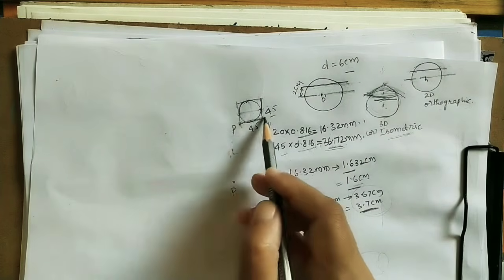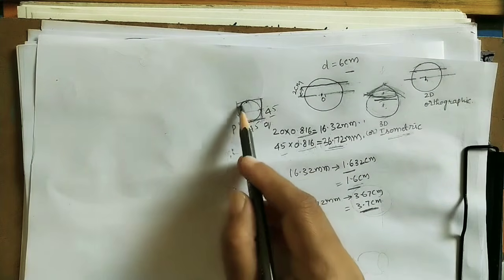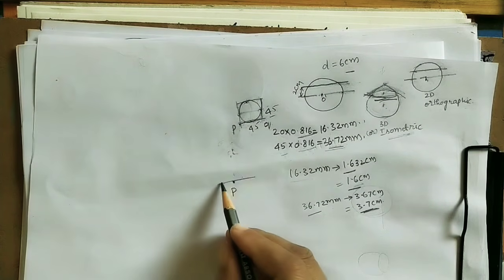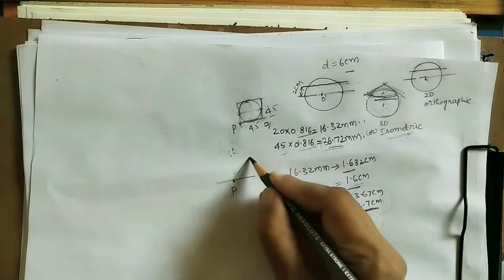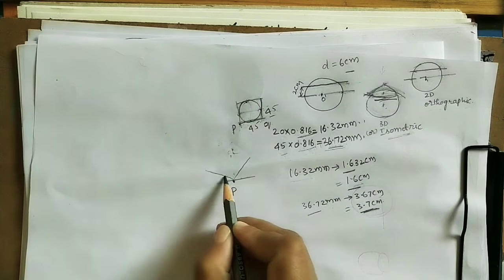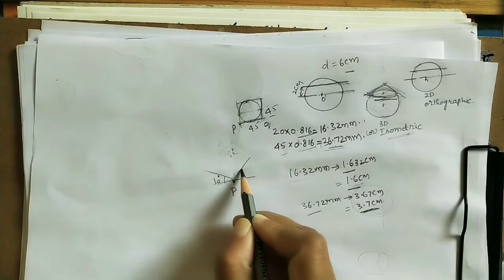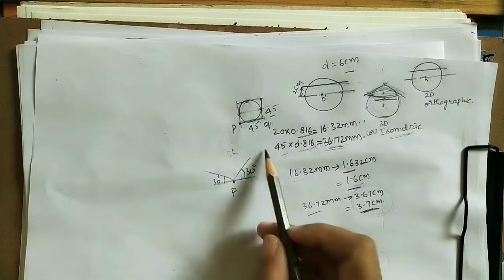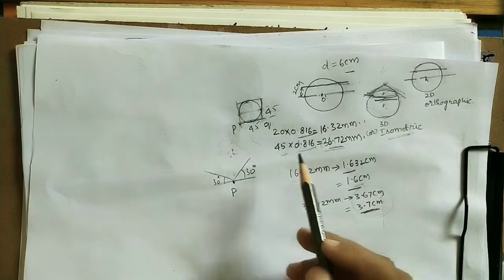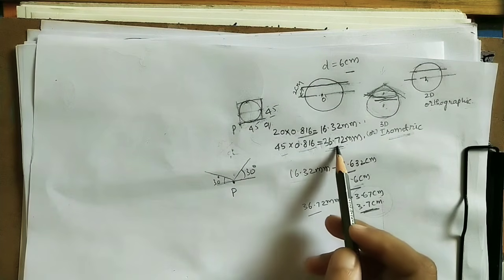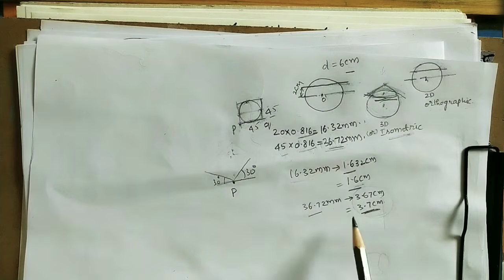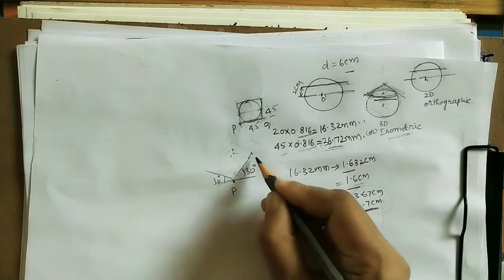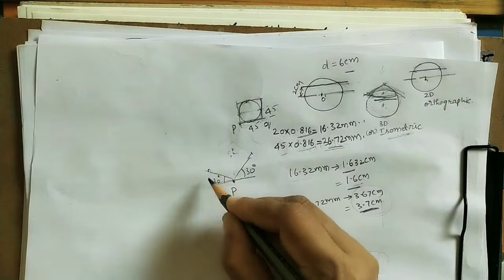So for doing this in a 3-dimensional diagram, it looks like a rhombus. Initially take P point, here do one horizontal line, here take a 30 degrees line, here take a 30 degrees line of some length. No need to write here, just for explaining I am marking. On this side take PQ length. How much is it? 45, but instead of 45 we have to take this value, 36.72 mm. So if you are taking it in centimeters, 3.7. We need to take this side 3.7 centimeters, this side 3.7 centimeters.